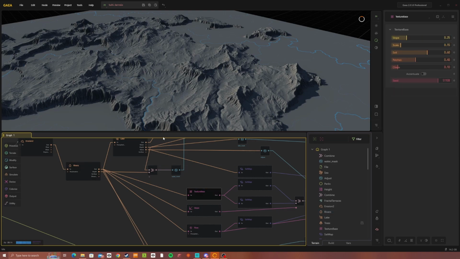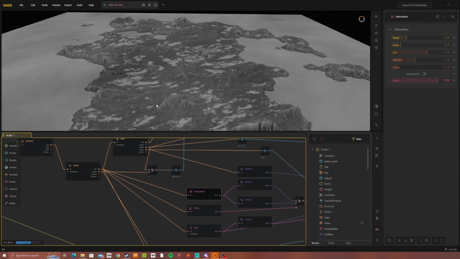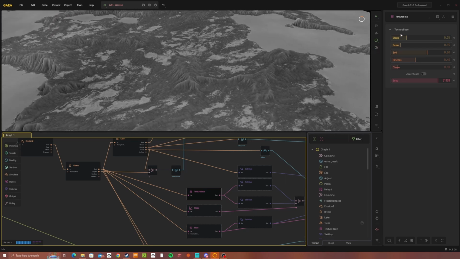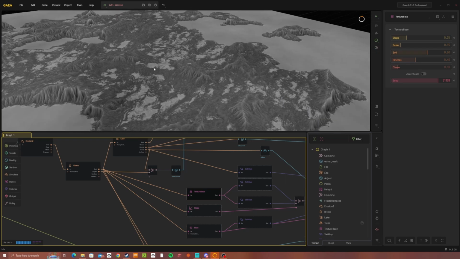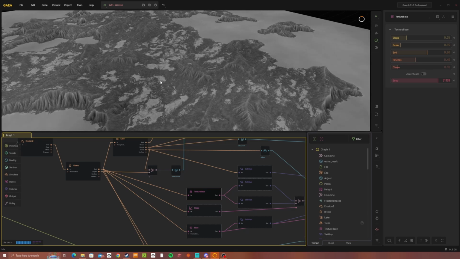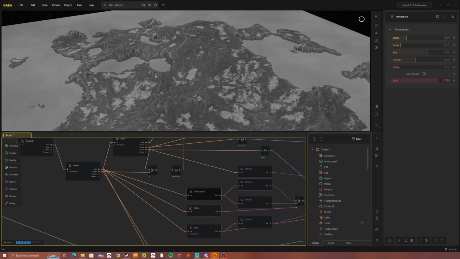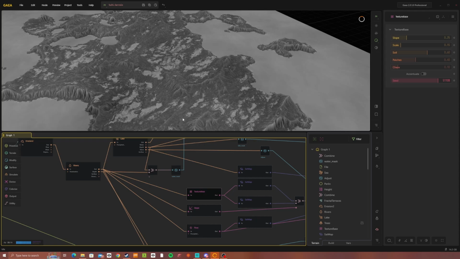If I click on this, you can see what this is doing is looking at all the different shape variations, the slope, having an idea of perhaps where soil accumulates, where we have the more rocky regions. And this just helps provide some information